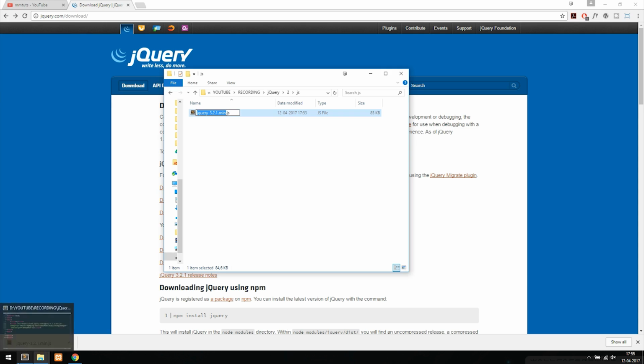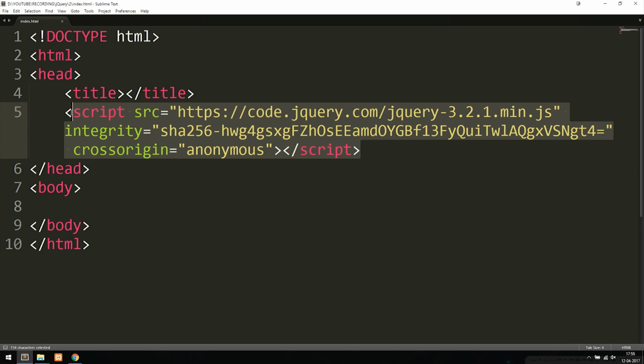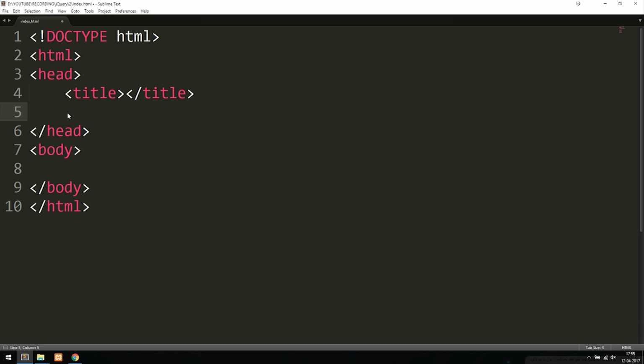I'm going to go back inside my code. And if you were to delete the CDN up here, just to show you guys how to do this manually by downloading the file, I'm going to include a JavaScript script tag. And again, we don't need to have the type text/javascript because we're inside HTML5 now. It was only in the previous version of HTML that we needed to have that. So inside my script tags, I'm going to include a source, which I'm going to set equal to